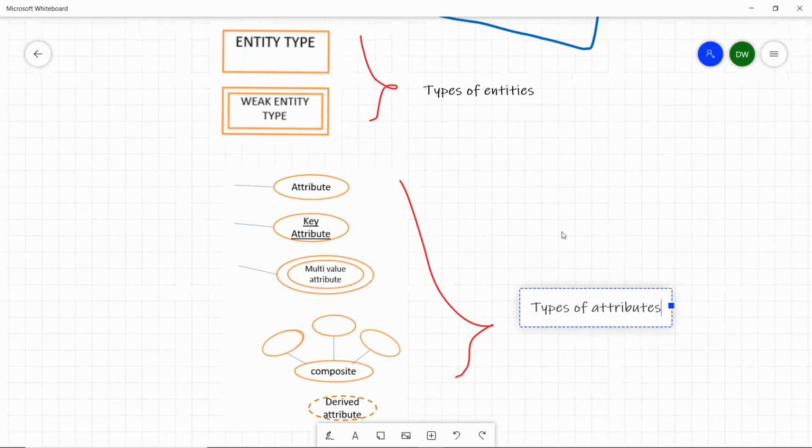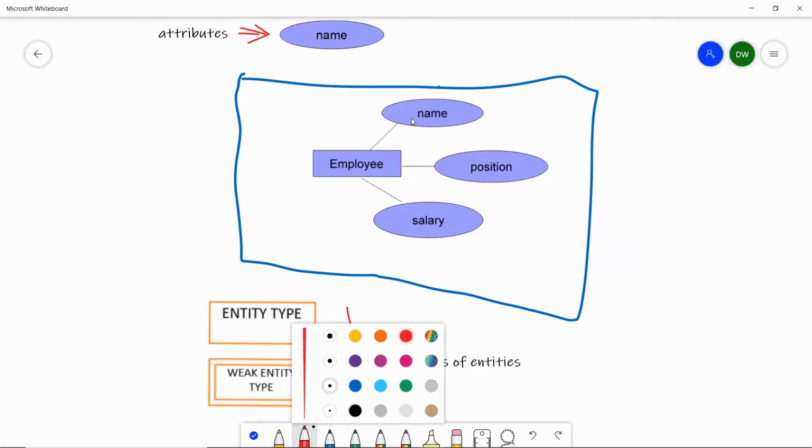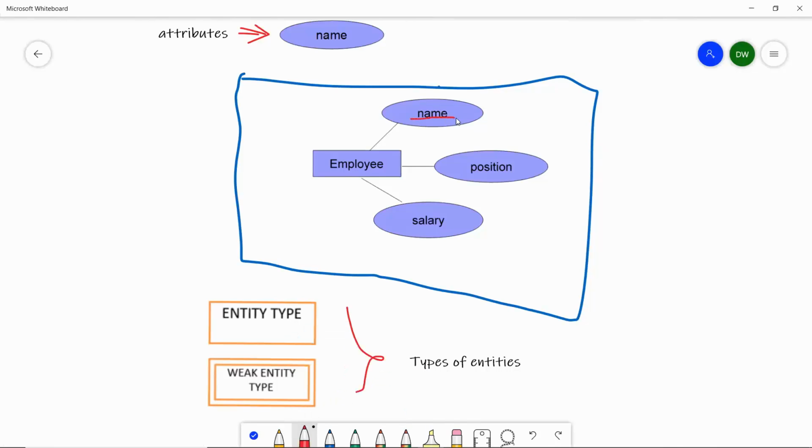So when you have this kind of ER diagram and you have a key attribute, we mark the key attribute with an underline. For example, assume that in this case, name is the key value. Then what we do is, we underline that name, right? So if we underline this name, that means this name can be used to uniquely identify records within this employee table, right? In the database, even though we are drawing like this,